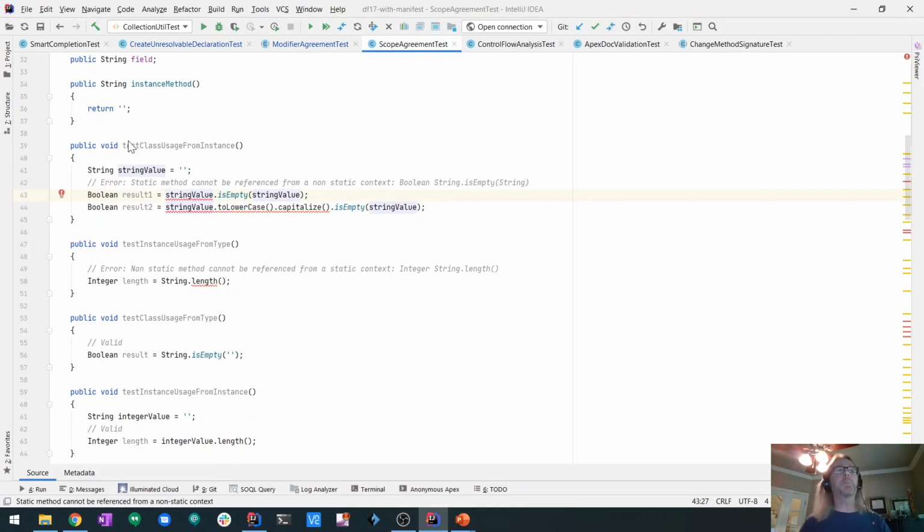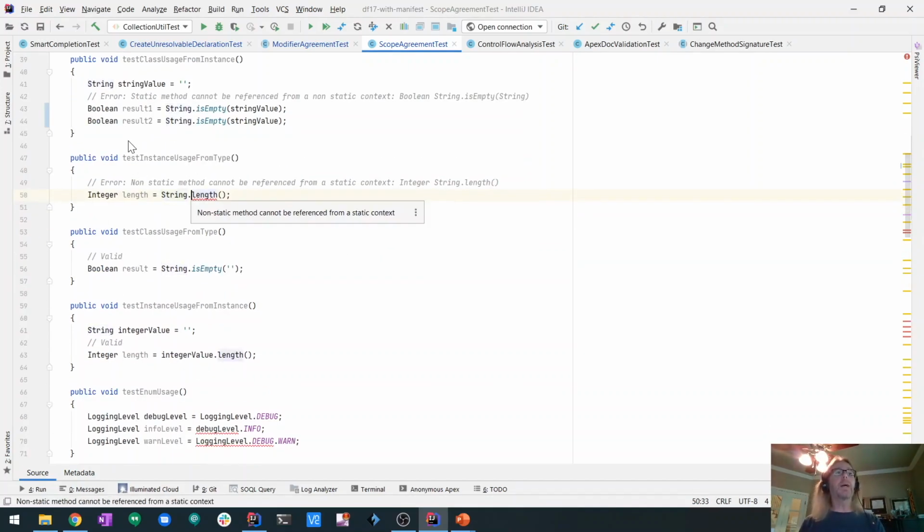I actually like that Apex fails this. I like that it fails it because it's misleading. There's nothing instance-like happening here. It's not using the state of the string value to do this. So the quick fix just changes it to a reference to the type. And even if that's a chained expression, it will still change it to a reference to the type. Now, the other way, for example, using an instance method off of a type,